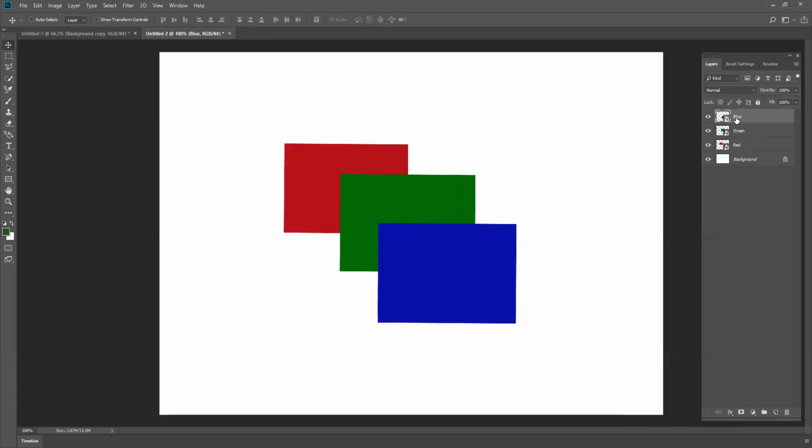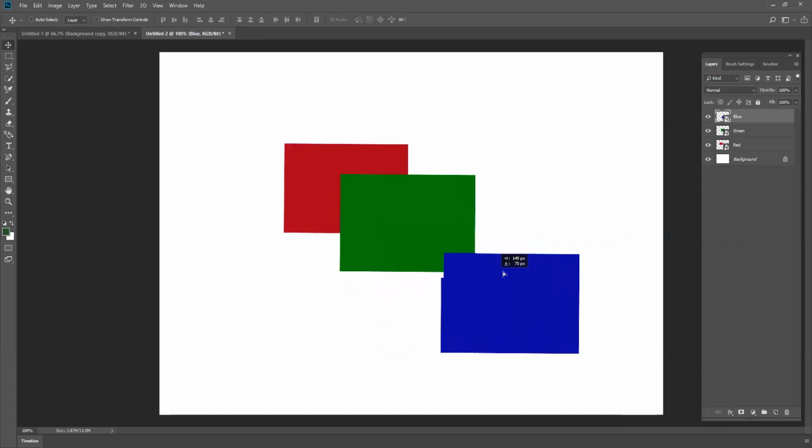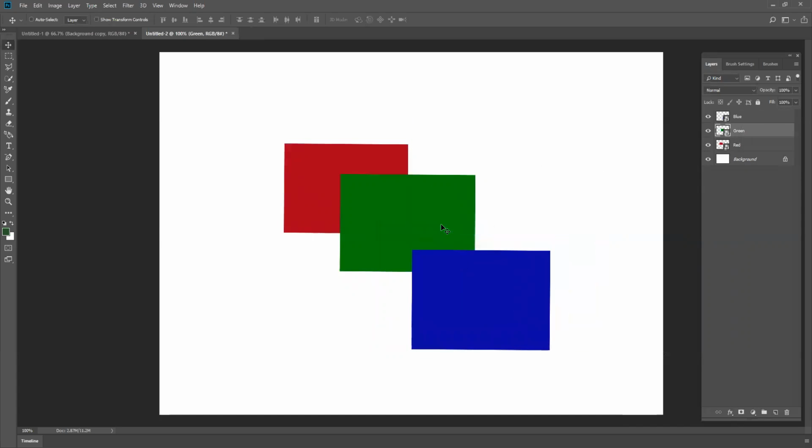And that means that they're no longer in a file, but nothing's actually been deleted. And I've still got them, and I can still play around with these separate objects just for